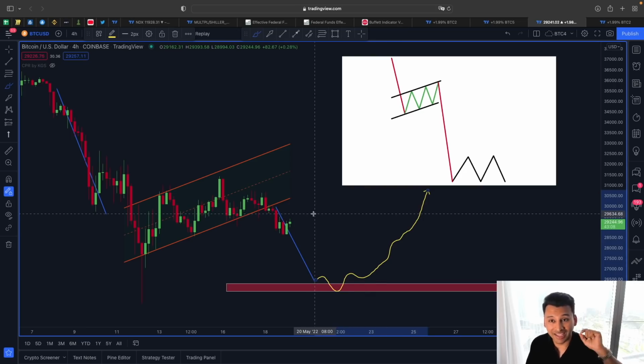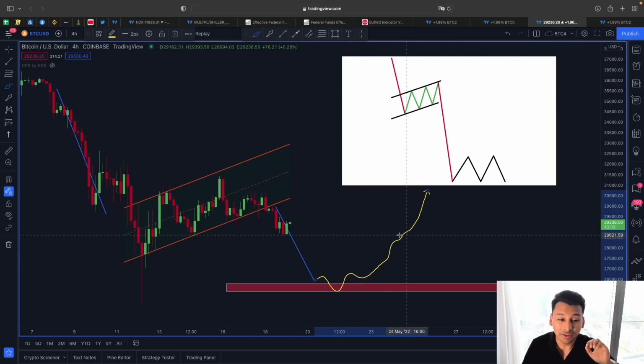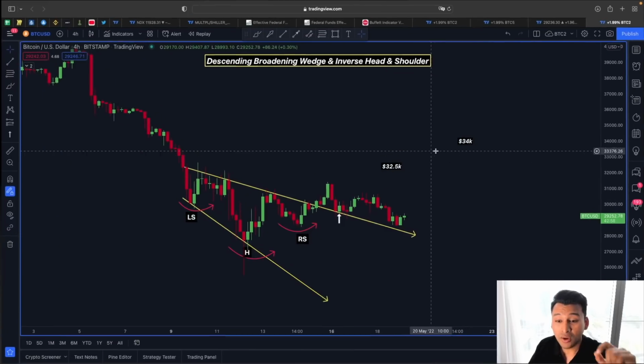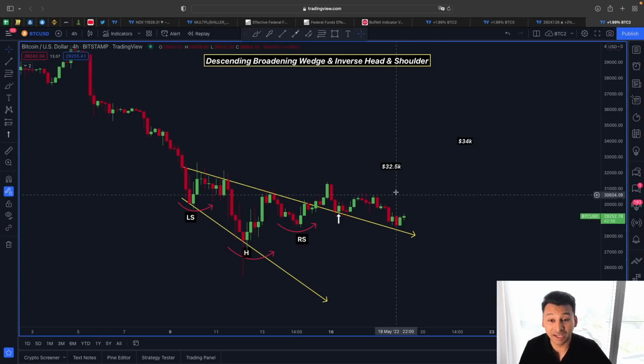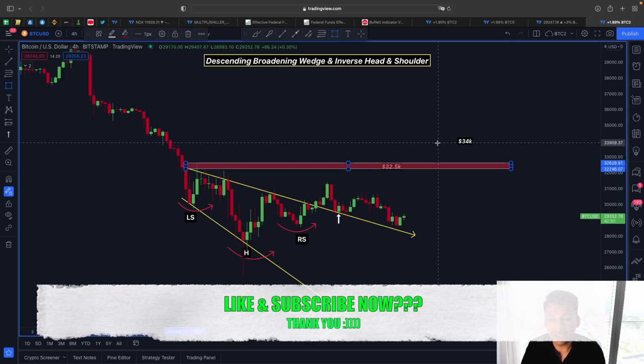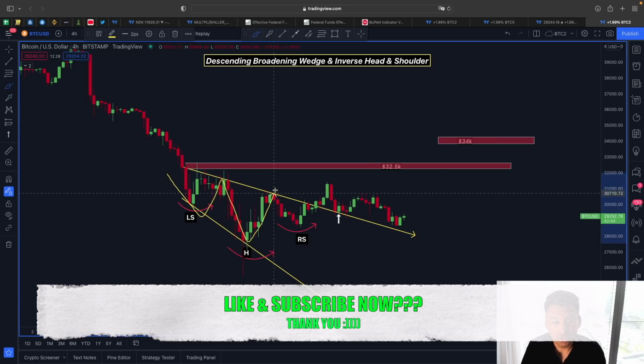So that's why, guys, it doesn't matter how you look at this price action, for us here in the medium short term, this 29,000 is a must-hold support line, because we know if we do manage to remain above this 29,000, then 32,000 from this descending broadening wedge, the top of the descending broadening wedge, is still going to be our price target, and the second price target is this 34,000, which is the price target from this inverse head and shoulders scenario.